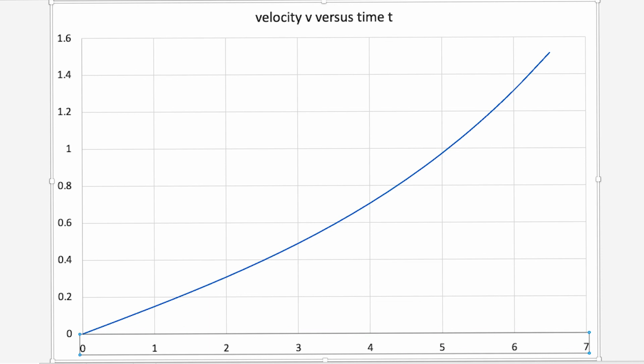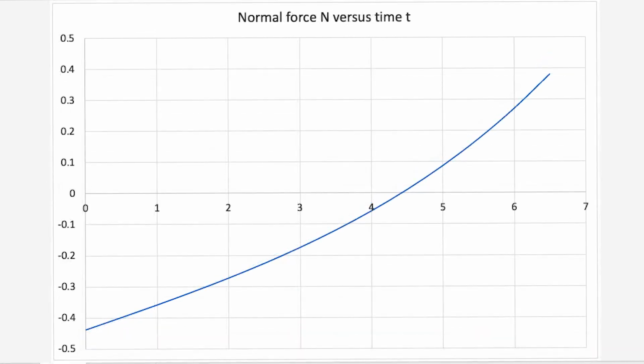So, that is velocity as a function of t, and more interesting is the normal force as a function of t. The normal force as a function of t, look at it very carefully and see where is the 0 on this vertical scale. So, initially when t equal to 0, 1, 2, 3, 4, you can see from this graph this normal force is